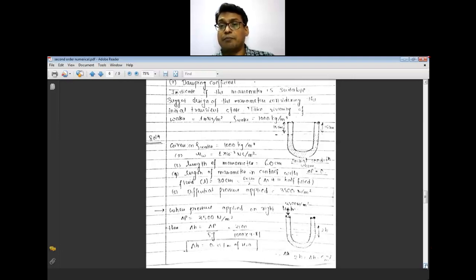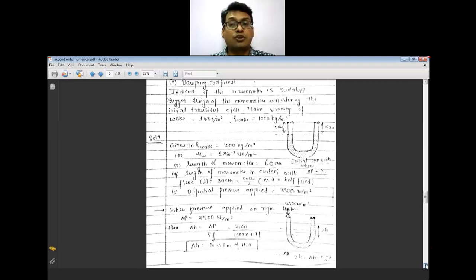The example is the same, but when I make the changes, what will be its behavior? We have to understand the behavior of the manometer, whether the given manometer is suitable for the applied conditions. One manometer will not work everywhere; I have to design the manometer for every situation. So now we are going to design the manometer based on these second order system principles. The different variables are length, viscosity, density, diameter.